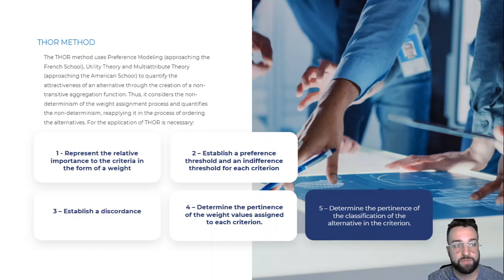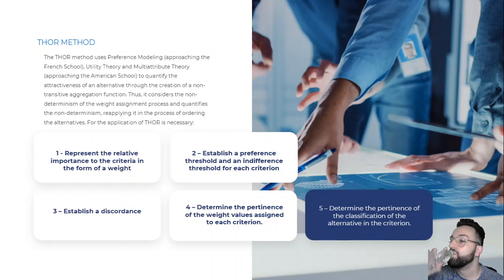The method also allows, through rough set theory, to eliminate all the criteria that do not impact the ordering process. In this way, it is possible to infer whether a given criterion is sufficient or irrelevant regarding the ordering of the alternatives. A criterion is understood as irrelevant if the set of data, when removed, does not alter the original ordering of the alternatives in which all the criteria are used. THOR is able to aggregate the weights assigned by different decision makers through the sum of these normalized values.